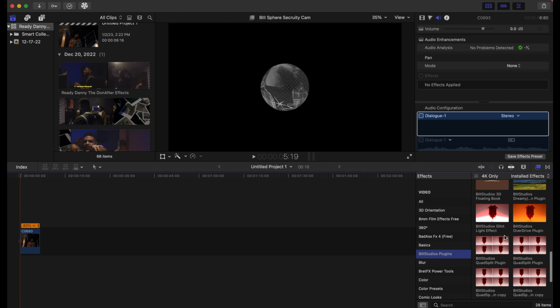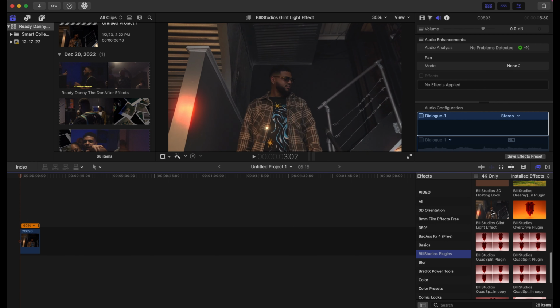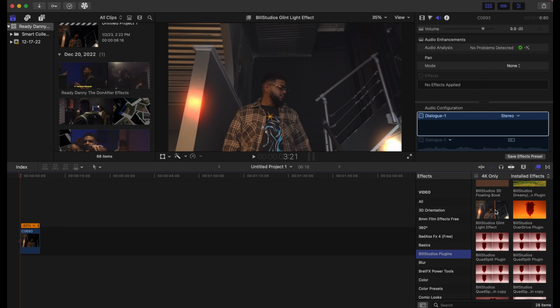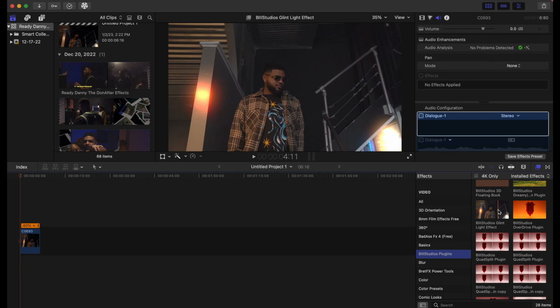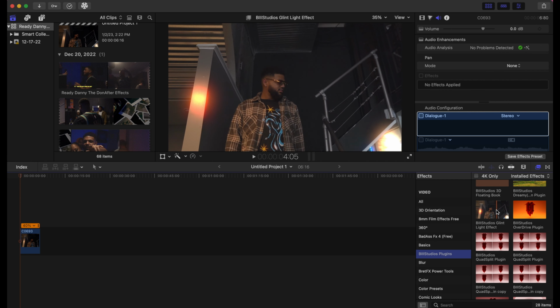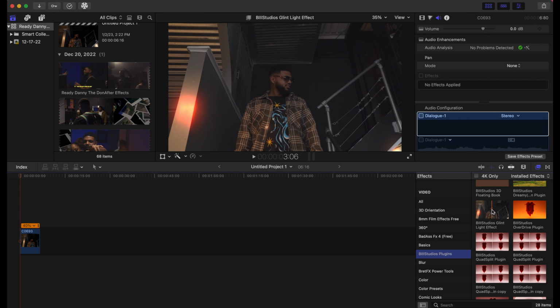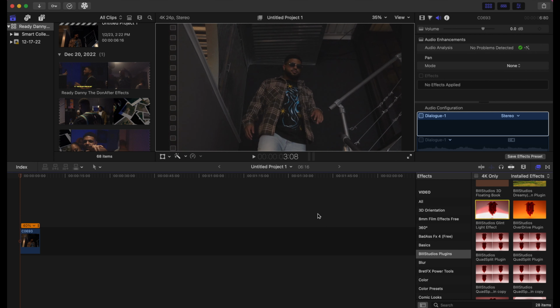you're going to see the glint light effect show up like this. And as you can see, there's stuff going on already in the clip. Things that the light casts on glow even more, if that makes sense. So